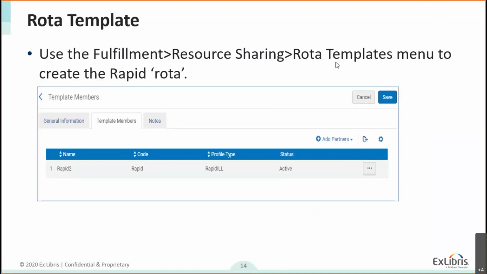Now, the next configuration here is what would enable you to automate your workflow with Rapid. So, you could just define the Rapid partner and manually attach requests to the Rapid partner and manually send them away. That would work, of course. But assuming you would want to have an automated workflow where requests automatically get assigned to Rapid, what you would